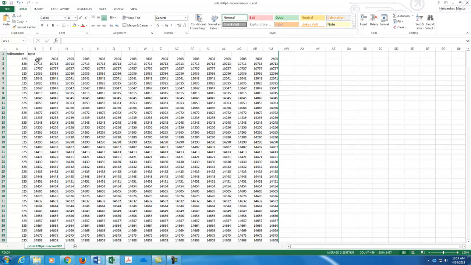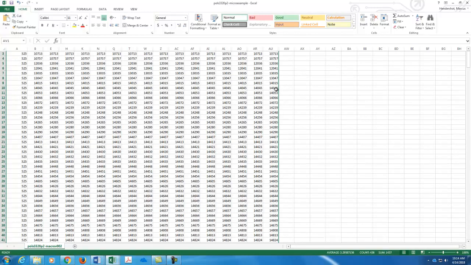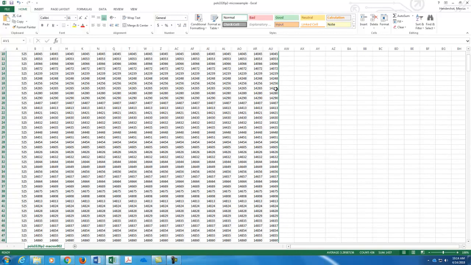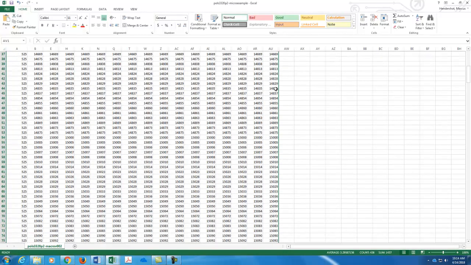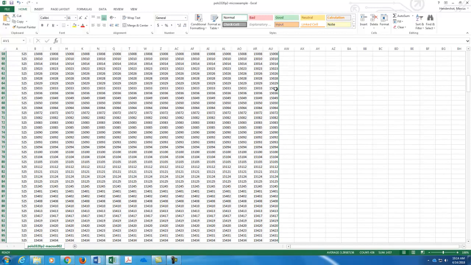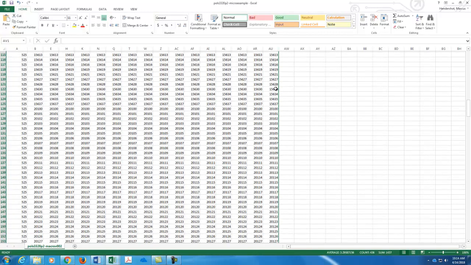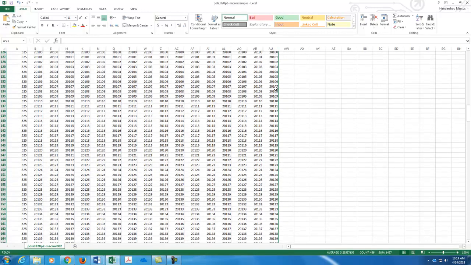But for now, you can go through and you can make sure that these numbers line up as we go across. And so I'm just going to page through here and I'm going to look, and everything looks really well. I'm going to keep paging through, and I'm seeing everything looks like it's lining up pretty well for this one. As we get down to the bottom,